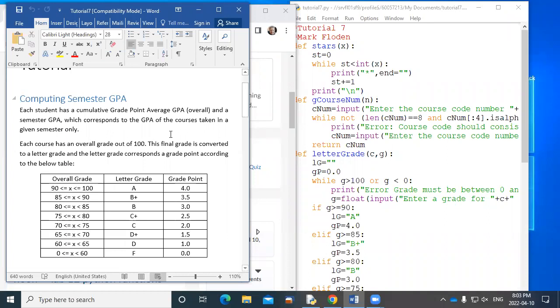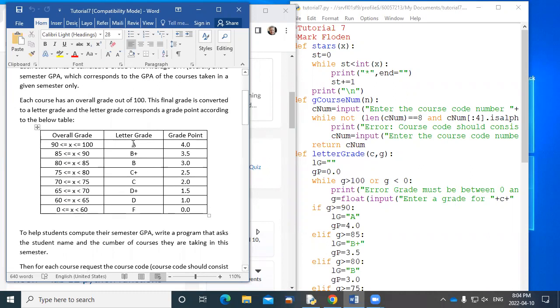And then when we've got that, and we know that we've got the right course name, so we check to make sure the course name is right. Now, how I would do that is I would use a loop, and basically put in the course name. And if the course name's not good, then ask them to do it again, so that we would have a condition which tests to see if the course name is good.